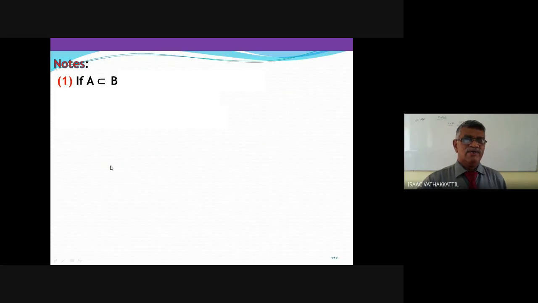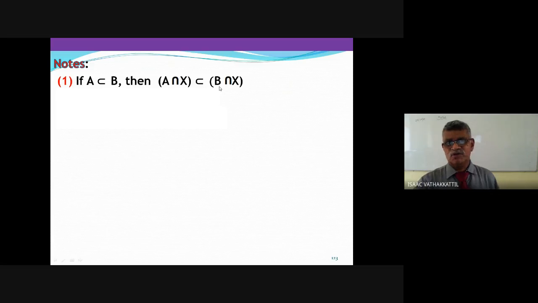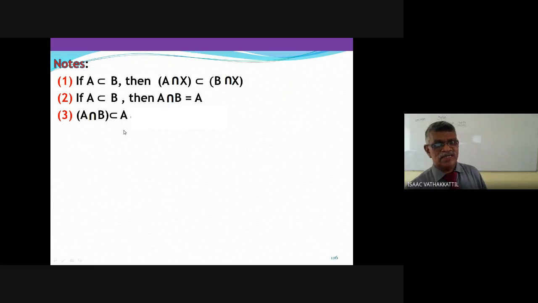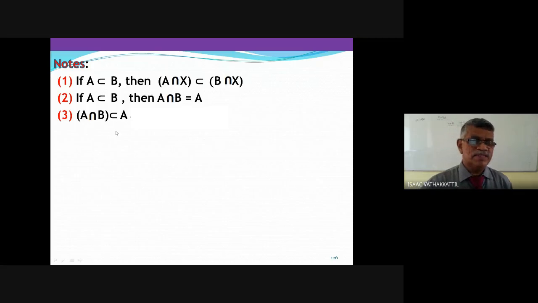Well, if A is a subset of B, A intersection X will be subset of B intersection X. Very simple to understand. If you have difficulties, we will take up later. But remember, A subset B will imply A intersection B will be naturally A. They are common. Portion is A only. A intersection B is very much subset of A. Any doubt, you can just raise your hands or say any query, no problem. But these things should be in your blood now.